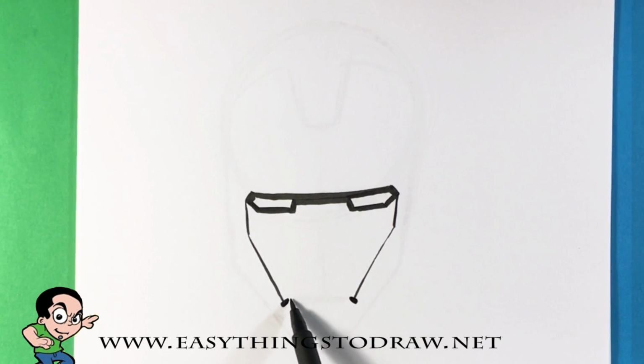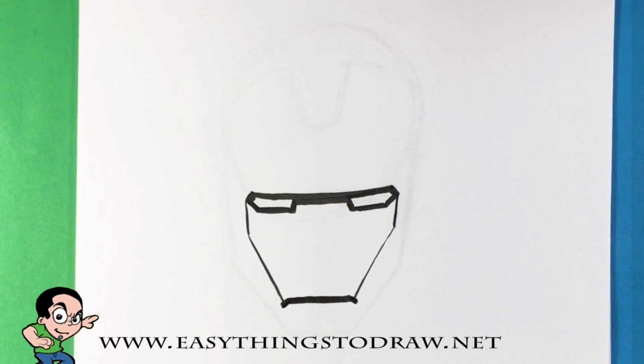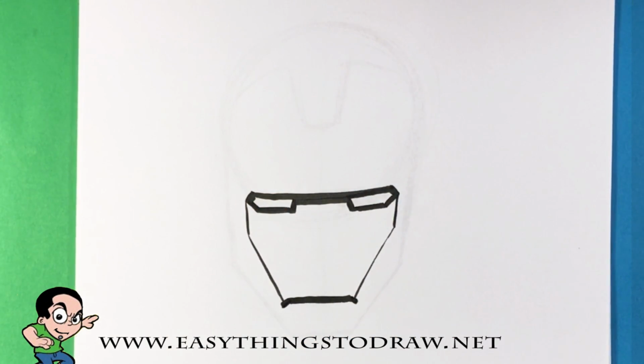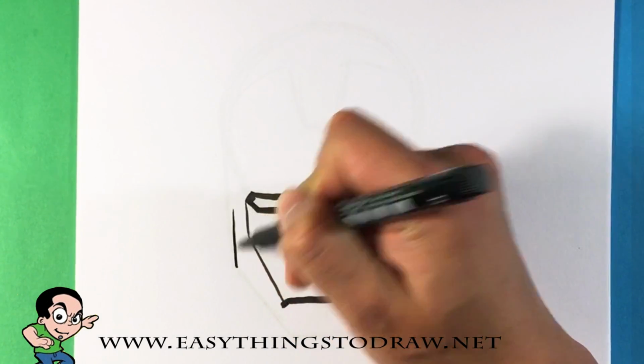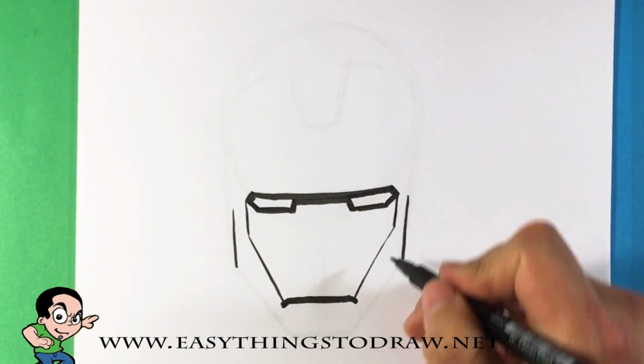Draw a little angle here, and then I'm gonna draw another straight line right across, thick line. And that's gonna be for, like I said, the underside of his mask, where his mouth is, where it kind of pulls up to expose his face. Then I'm gonna throw a straight line downward from the side,